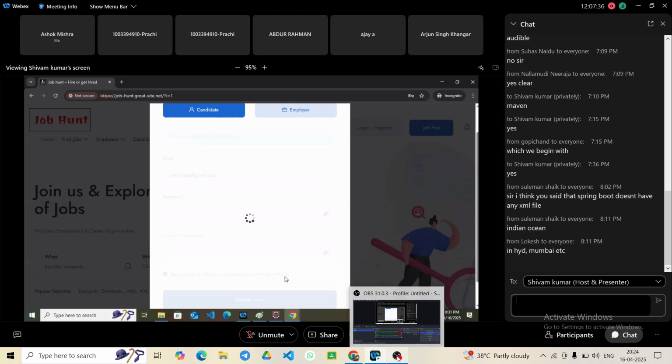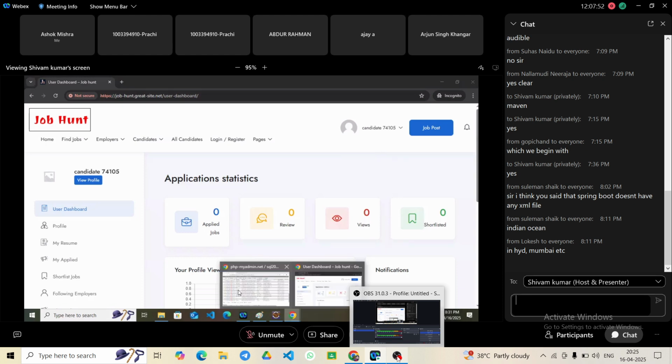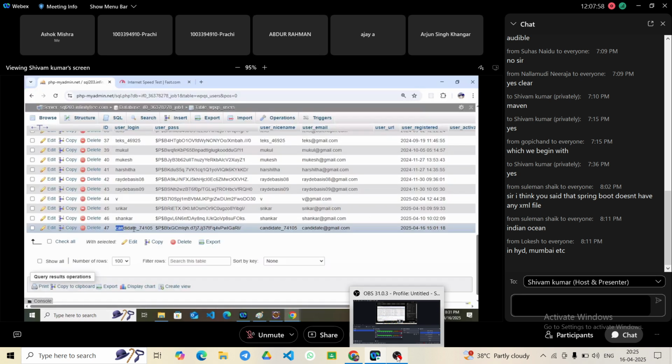Now we have registered ourselves. Now it will load the dashboard for us. Now this is the dashboard of the user. Candidate 74105, automatically generating one username. Now if we check this value in the database, are we getting it? So the 47th entry, candidate at gmail.com, is the